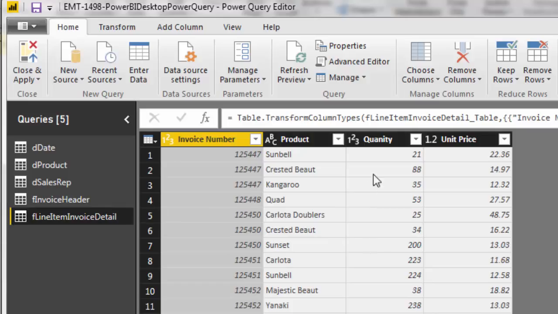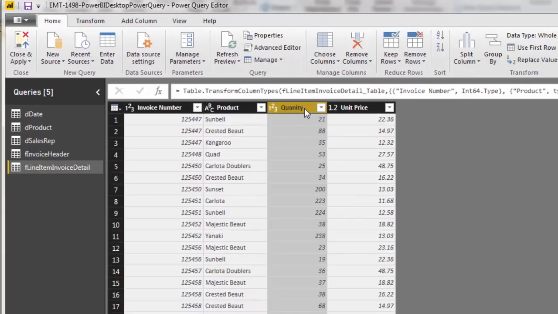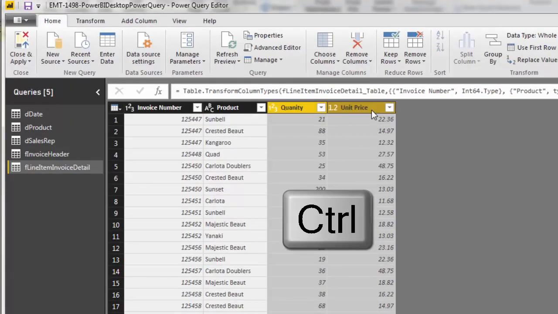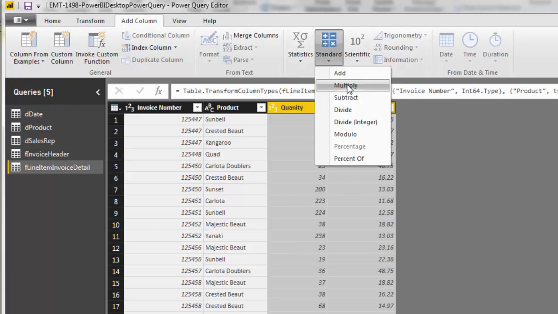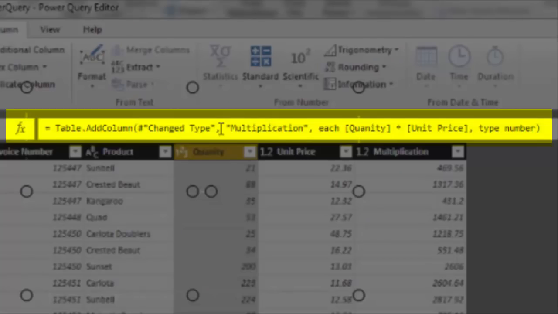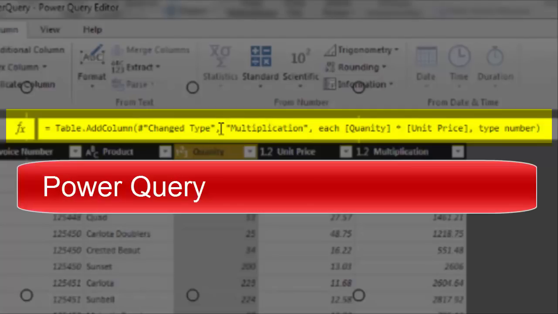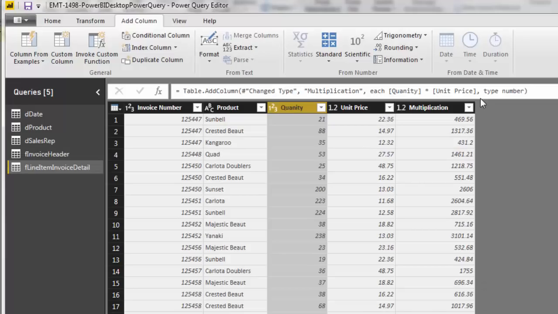All right, the very first thing we need to do is calculate line item sales. So I'm going to click on quantity, hold Control, click on unit price, up to Add Column, over to From Number, Standard, and I'm going to multiply. I can see the Table.AddColumn. It's important to realize the Table.AddColumn function is Power Query M code. That's a Power Query function, not a DAX function. There's 4 arguments here. I want to edit the second one, so I double-click multiplication, and this will be called